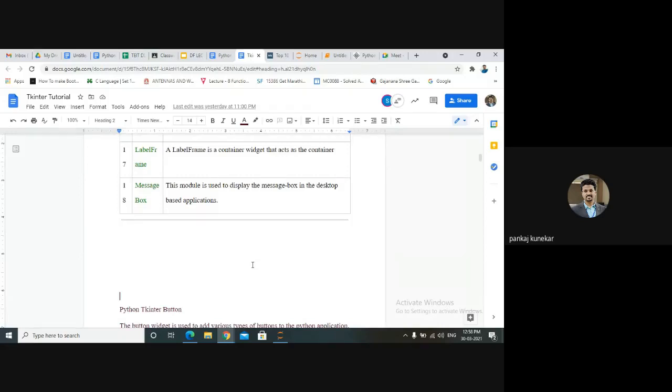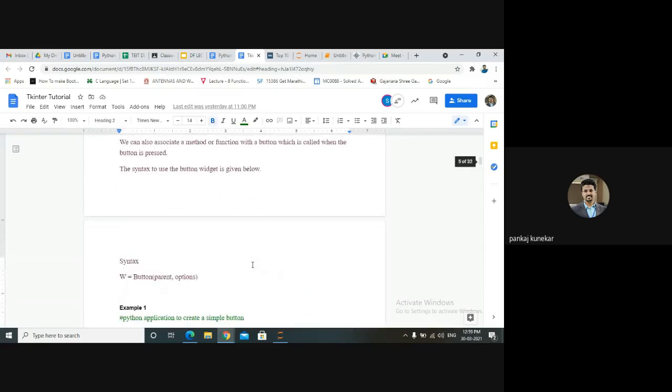They are basically self-explanatory. Suppose you want to create a registration form, or a login form. What widgets do you require? You require labels for the username and password to be displayed, and to enter the username and password you need entry boxes, that is, input boxes. Then you need a button, like submit, okay, or login. So that button you can use for your GUI. These are some widgets we can use to create a GUI.